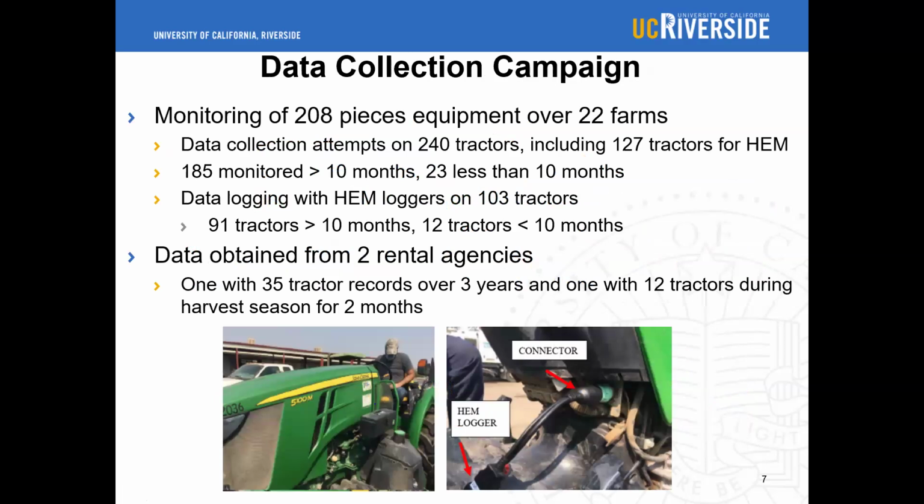So the data collection was quite extensive for this program, and we actually wound up monitoring in one way or another over 200 pieces of equipment on 22 farms. And it's worth mentioning here that we had a lot of assistance from the ag stakeholders. They really facilitated us getting in touch with farm owners and operators that allowed us to deploy these